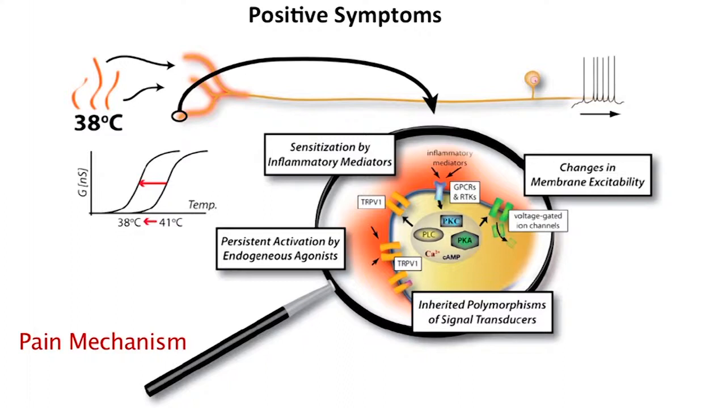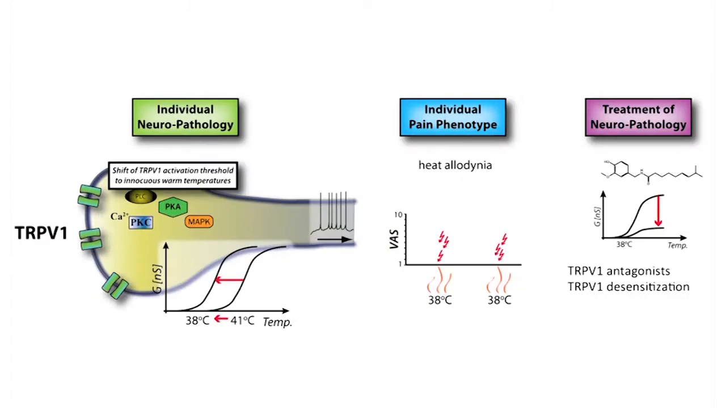Now, one of the features, as I've mentioned, of inflammatory and neuropathic pain is heightened pain sensitivity, what we call peripheral sensitization. This is a result of a decrease in the threshold for activating nociceptors as a result of a heightened sensitivity of these TRP channels. Now, once we know the mechanism, which is peripheral sensitization produced as a result of a change in the function of TRP channels, such as TRPV1,